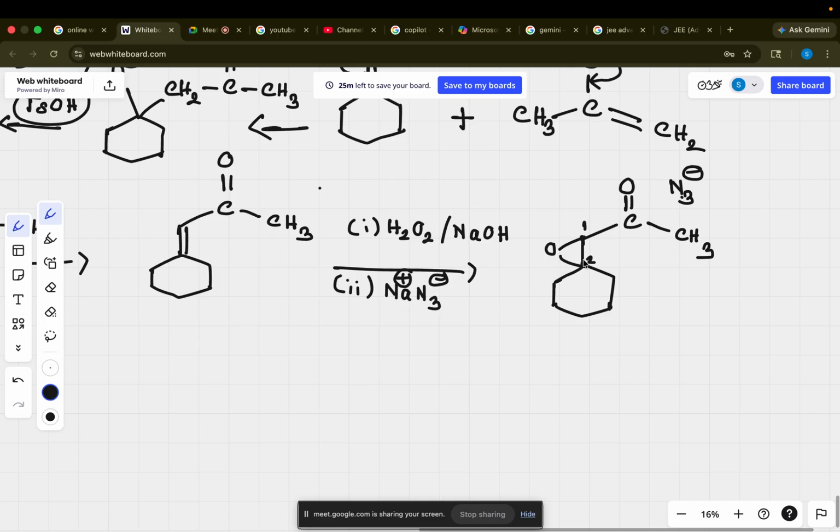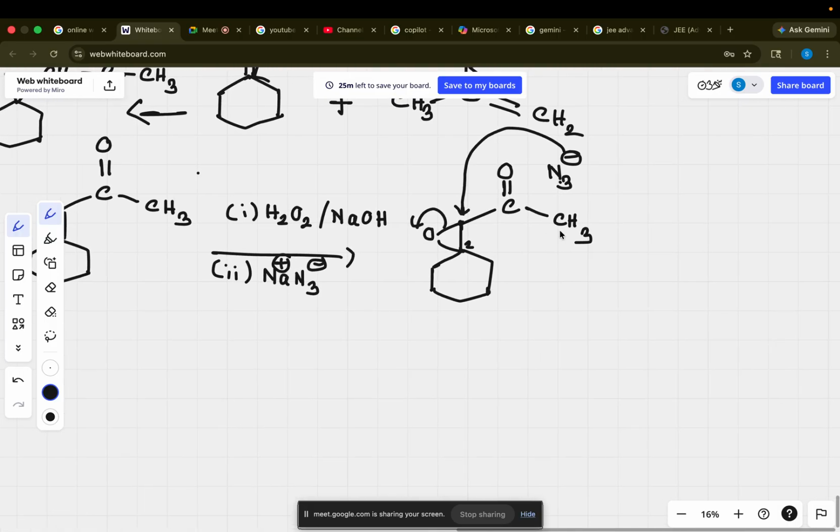See how many bonds you have: 1, 2, 3, 4, right? And here this is disubstituted. So if it attacks here, it is less sterically hindered, and the other is more sterically hindered. So this will open because the 3-membered epoxide ring is a strained ring and wants to release the strain. So what I am getting here is this thing. It is now becoming O minus, and on this side I have